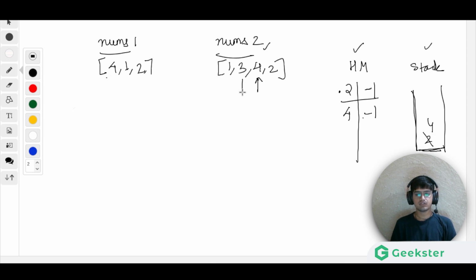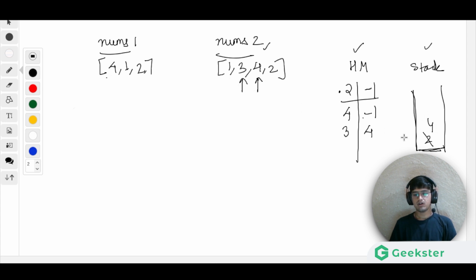Now again we go for the 3. For 3 we need to put either minus 1 or some other element. First we check in the stack: yes, this value is greater than 3, so 3 will have the value 4 in this case. This 4 will not be popped out because it is greater than 3.